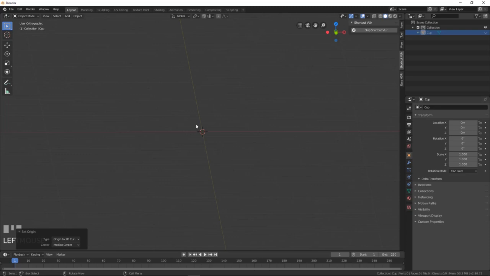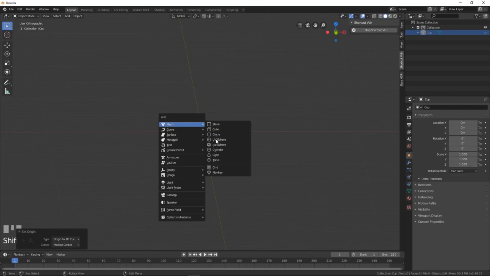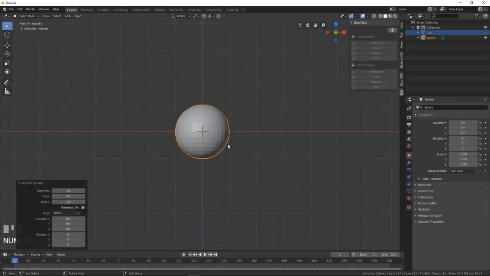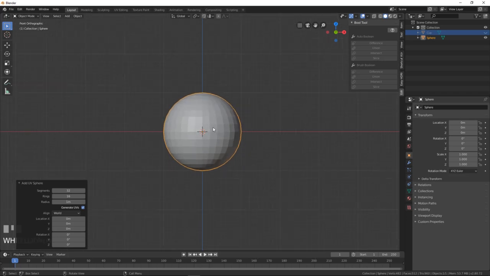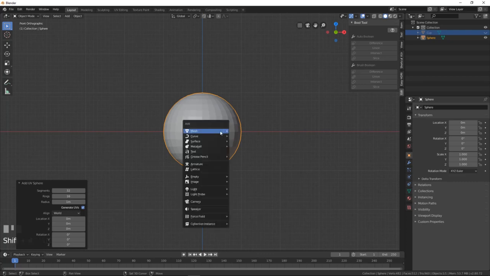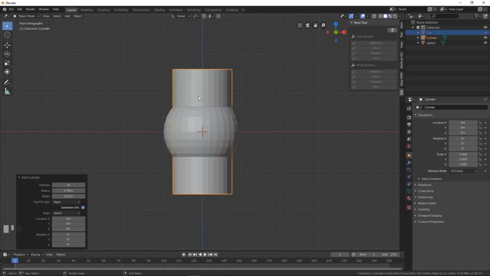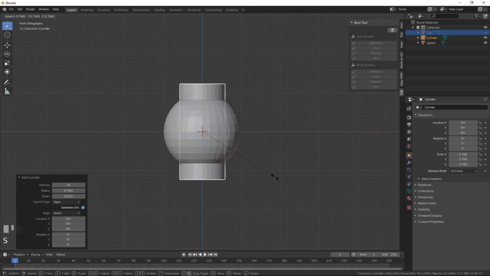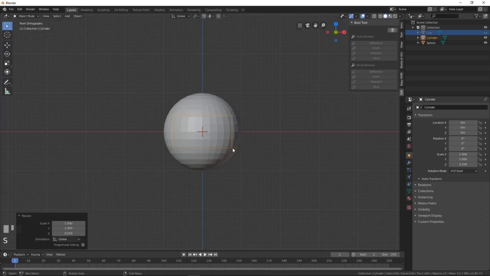So now let's say we would like to make a lamp, and let's go ahead and with Shift A we will add, this time, a UV sphere. And this UV sphere would be, let's say, the body of the lamp, okay? So it will be a bedroom lamp. So let's add here now a cylinder, because if I put this shape of sphere directly like that, it cannot stay on the ground. So we will make a Z here and a G, Z,